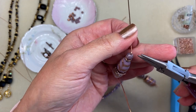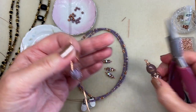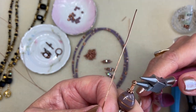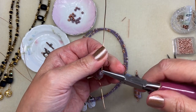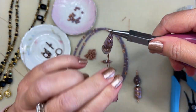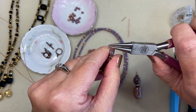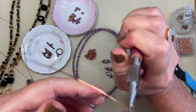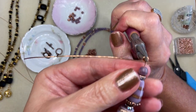And then I'm going to put my round nose pliers in at about the same place. I want to copy this loop that I made earlier, so I can show you that's about where it was on the pliers. So I'm going to try to do the same thing on this component. And I'm just going to bring that wire over the barrel of that round nose plier, rotate it so it's out of my way. I've just made my lady's little head, pulled her scarf to the side, and now I